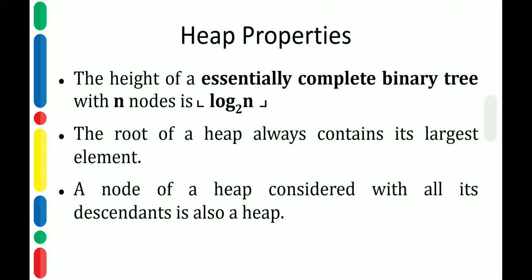If you consider a subgraph, let's say you take an arbitrary node from a heap and consider all its descendants, then this subgraph that has been formed will also be a heap. This should be true for any node in the heap. Suppose you have a heap data structure, you randomly pick a particular node and then select the subgraph such that the selected node is the root and you have included all the descendants into the subgraph, then the resulting subgraph will also be a heap.